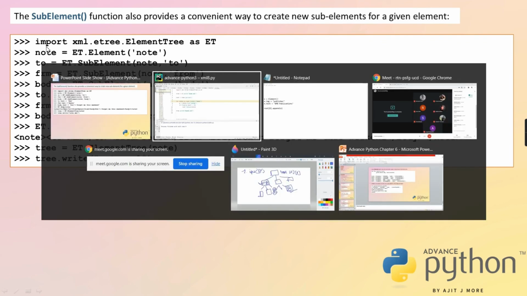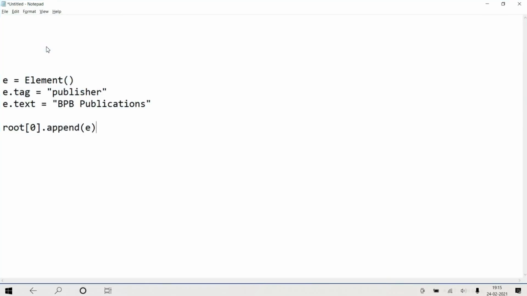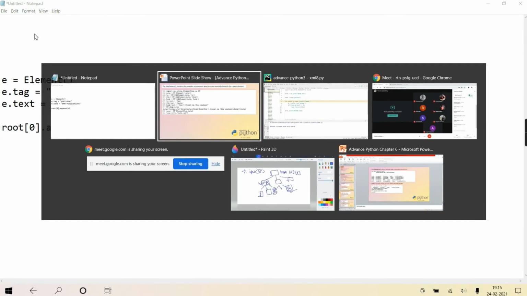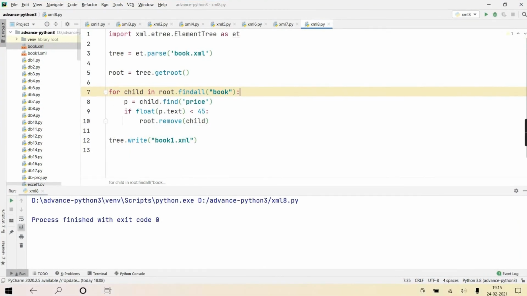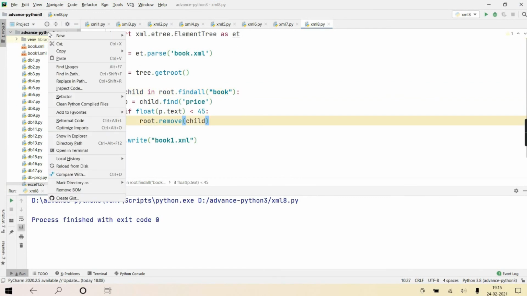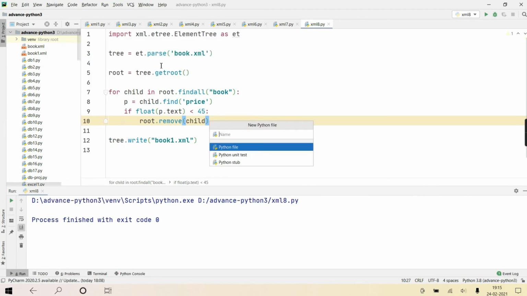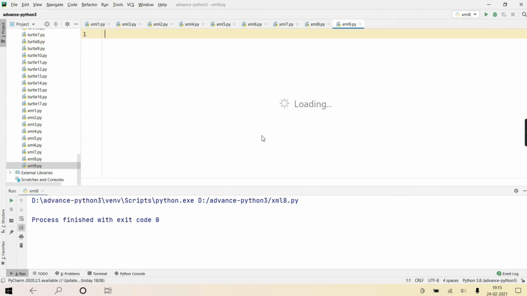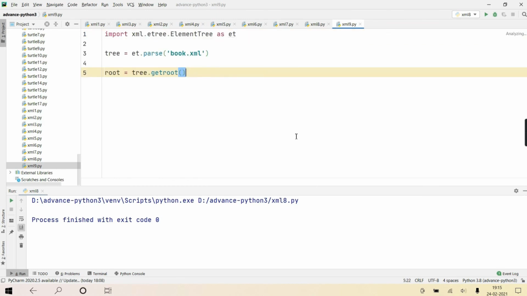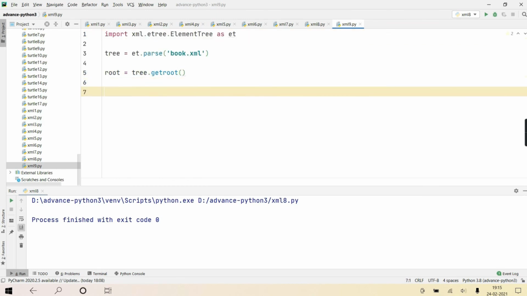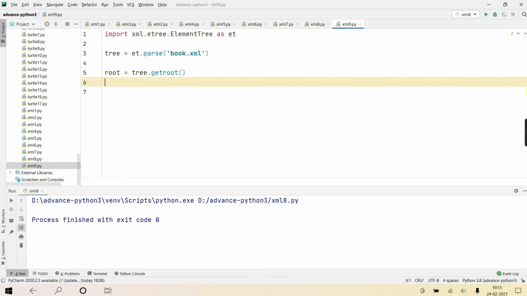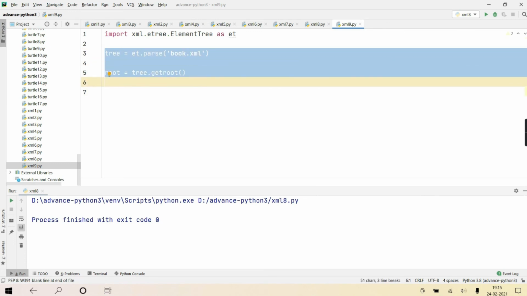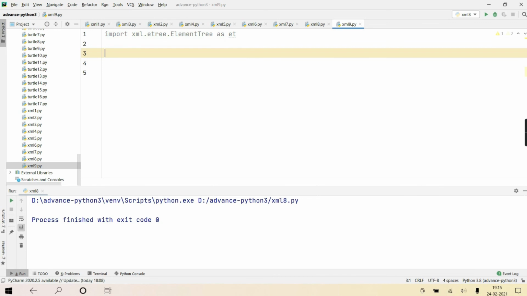Example, we will see. What we'll do is create another sample XML through this whole code. I'll show you. Okay, now these 2 lines we don't want because we are manually going to do everything, right?